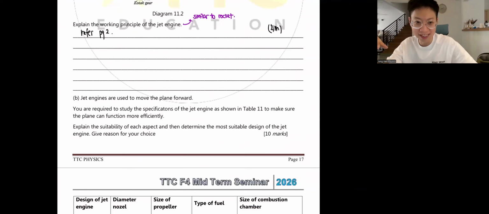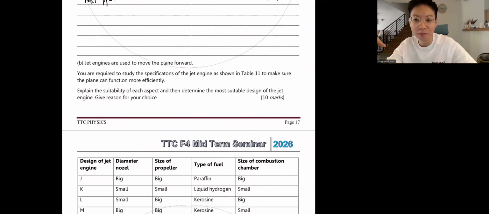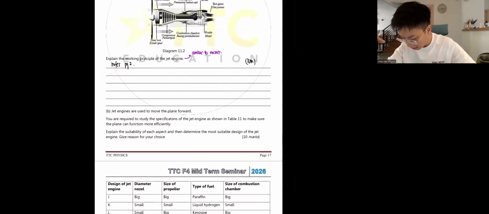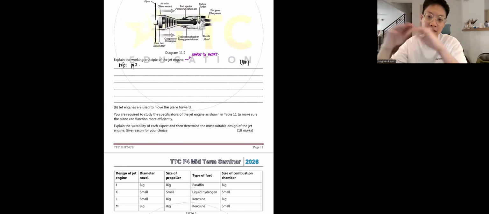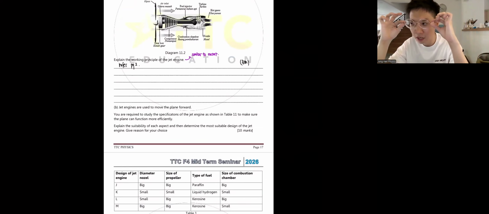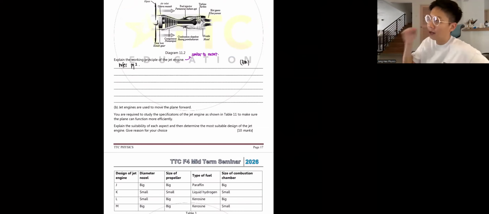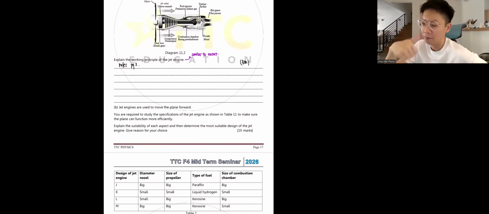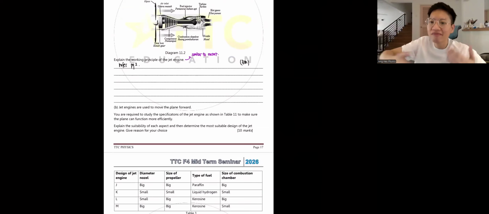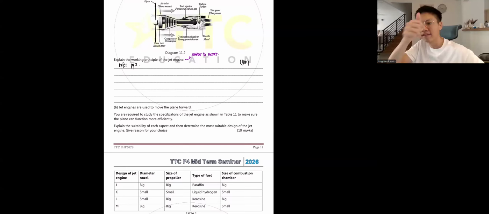Now we will go to the jet engine's design. Guys, if you have been with JUNGHAO since last year, since the beginning of the year, you would have done this. You can write with the compressor as well, because sometimes you can say the air gets compressed, everything, but your teacher will look at specific words. For example, do you mention explosion? Do you mention that it produces the gas? Do you mention that it produces the backward momentum? Sometimes if you miss out one word, your teacher will just accept it. Right?